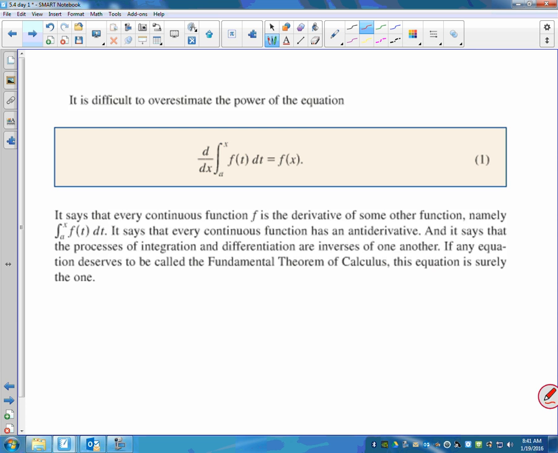It says that every continuous function is the derivative of some other function. Have you ever said that before? Every continuous function f is the derivative of some other function, namely that integral. This statement also says that every continuous function has an antiderivative. And it says that the processes of integration and differentiation are inverses of each other. If any equation deserves to be called the fundamental theorem of calculus, this equation is surely